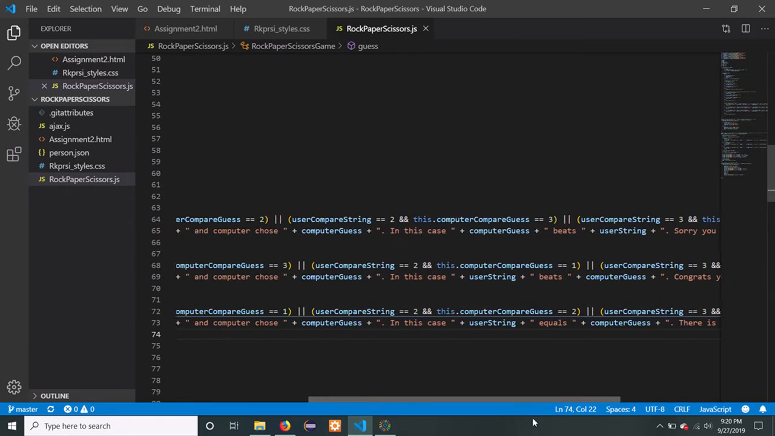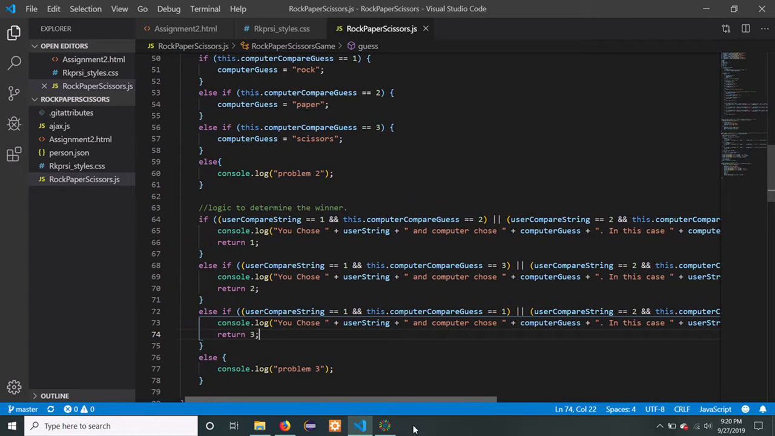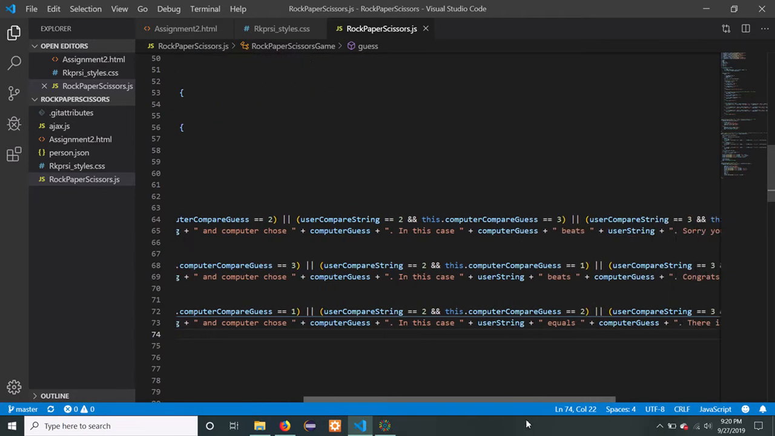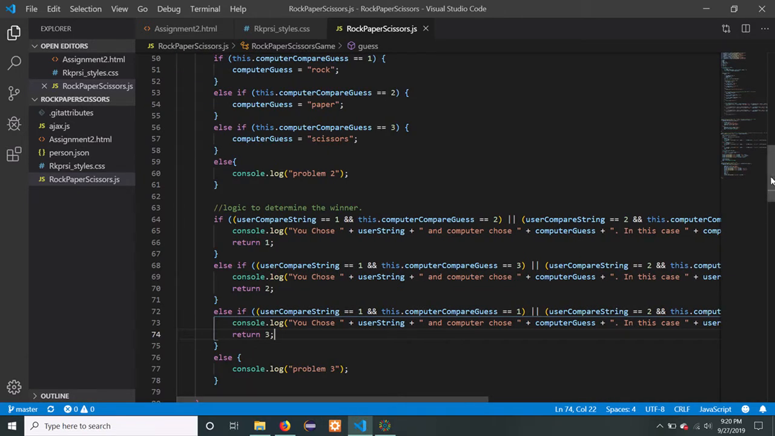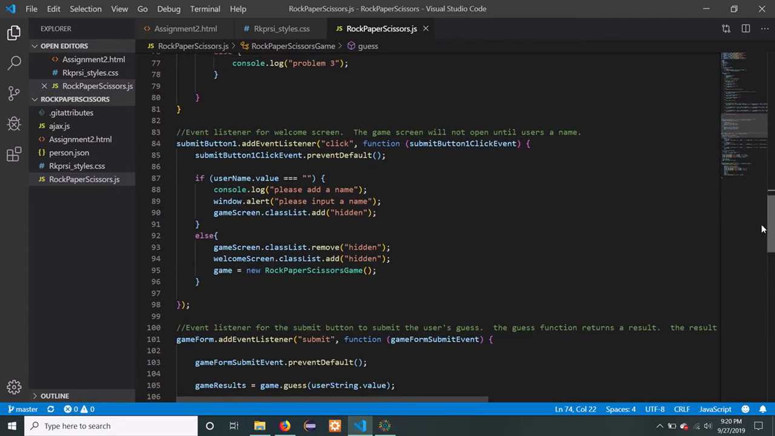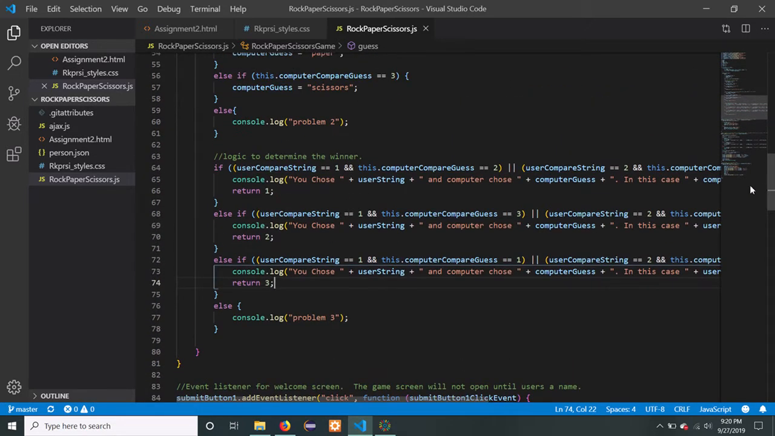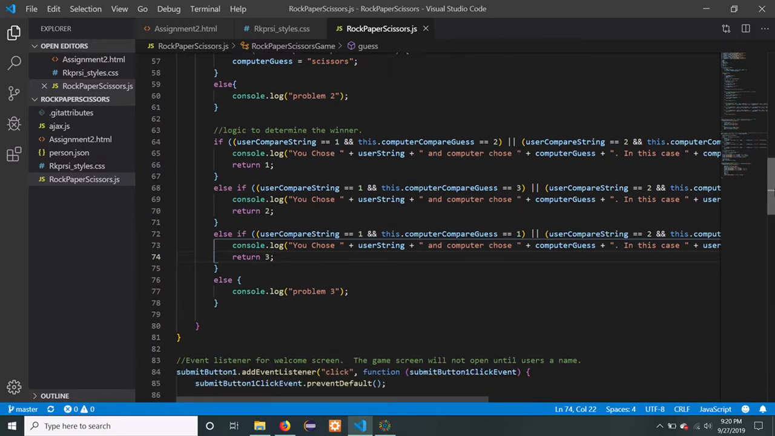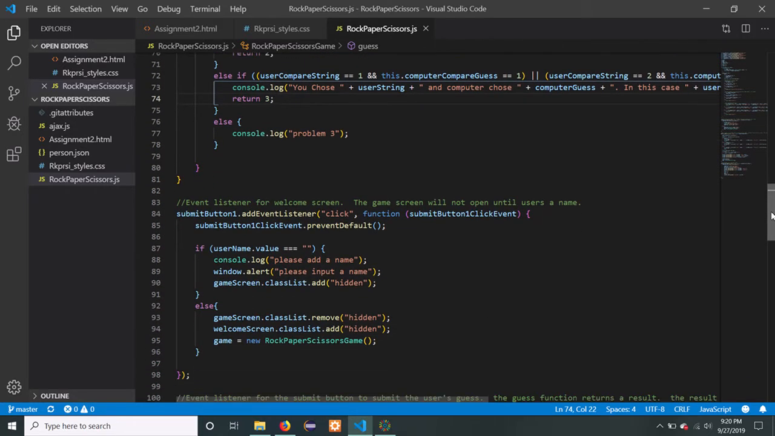Which means you and the computer can pick the same thing. So there's a case for all of these. So you return a number 1, 2, or 3. 1 means you lose, 2 means you win, and 3 means there's a tie. That other else is for debugging in